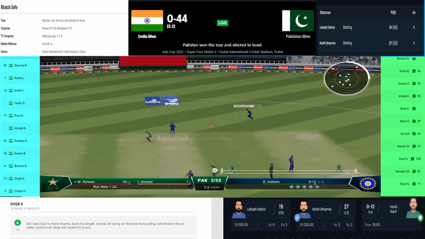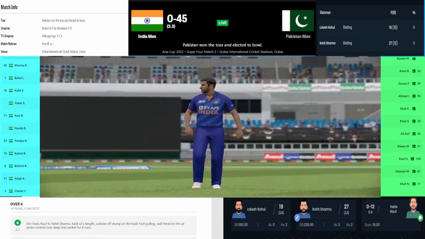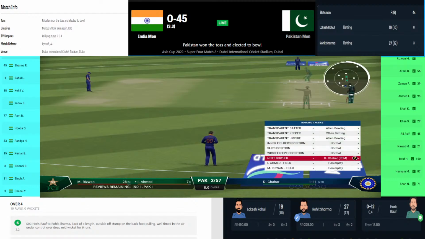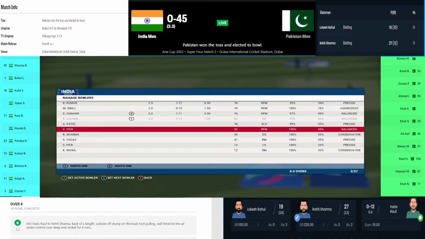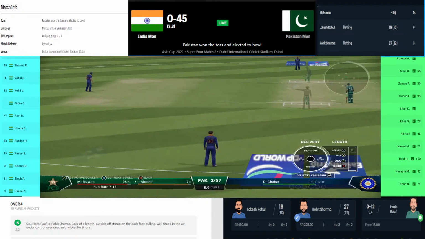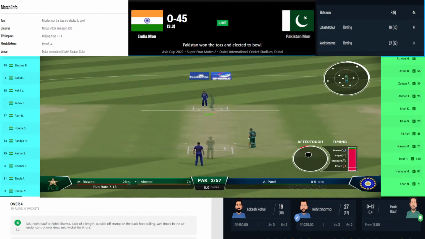Indian batsmen, from the start, they are just in attacking mood. Whenever they are getting a bad delivery, they are just punishing it like it should have been punished. No wait, nothing, just blowing away everything that's coming their way. 45 for 0 is the score after 3.3 overs, and current run rate is 12.9 for India. Now KL Rahul is on strike against Haris Rauf, who has given 11 runs in 3 deliveries.